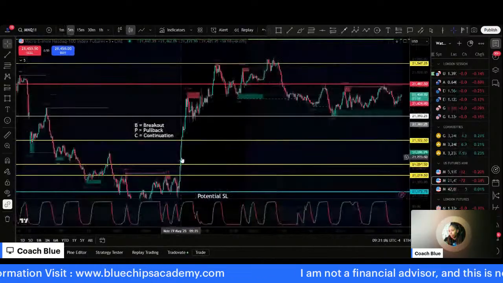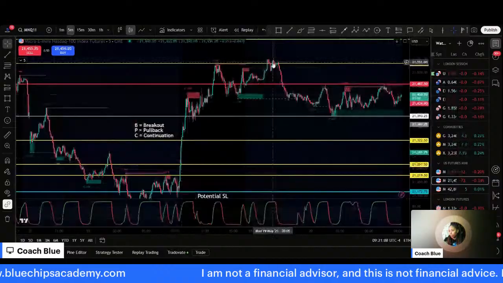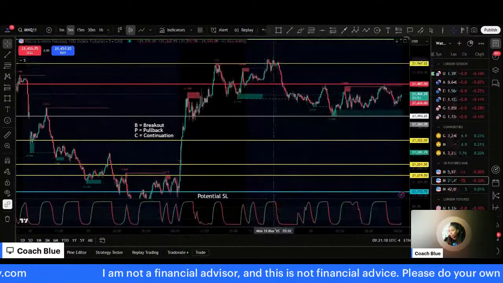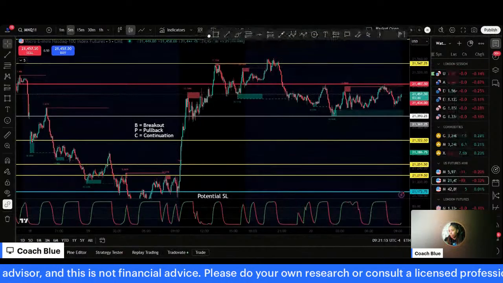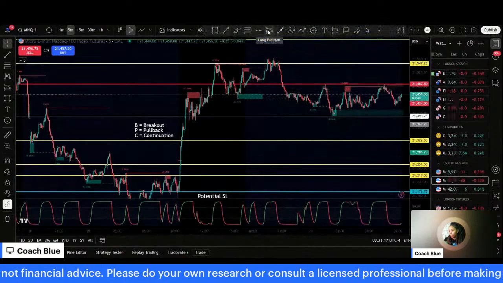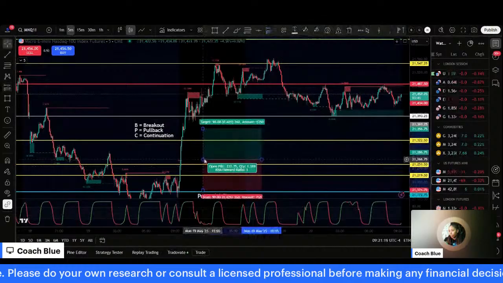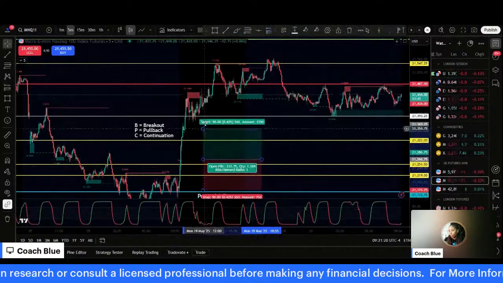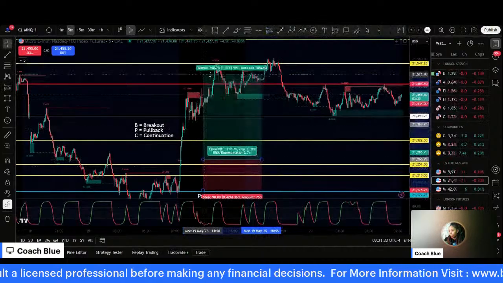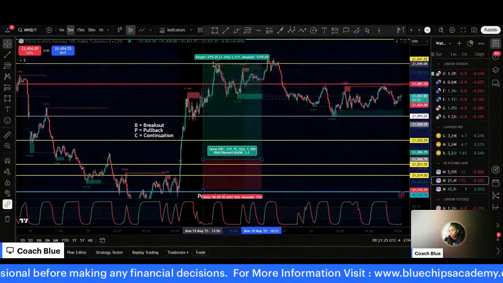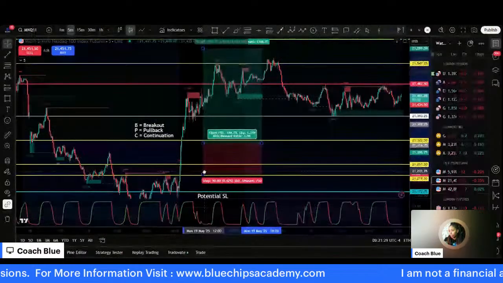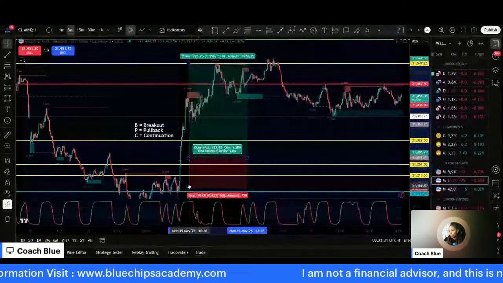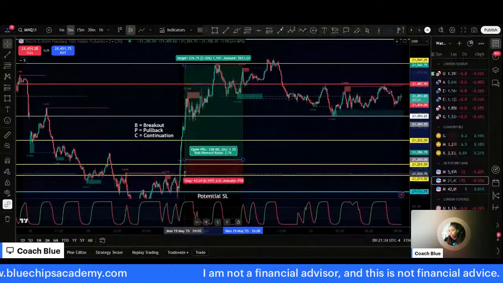If you would have entered here, this is where we entered, and rolled it all the way up here on one contract. Let's see what that would have allotted us. Okay, so we're gonna do a quick little long position simulation here. Take it to the upside here. Okay. Take profits there. So we probably would have put our stop, let's see, we would have entered here. We could have put our stop like right here.